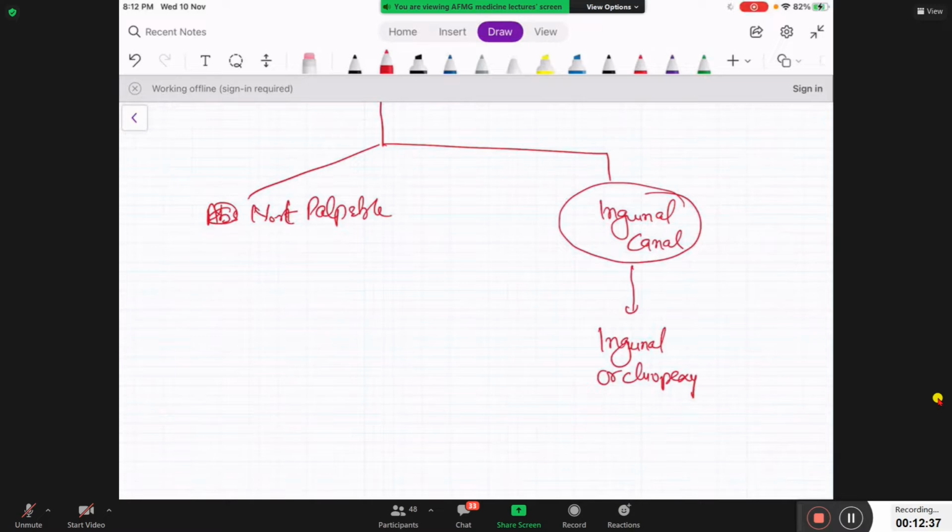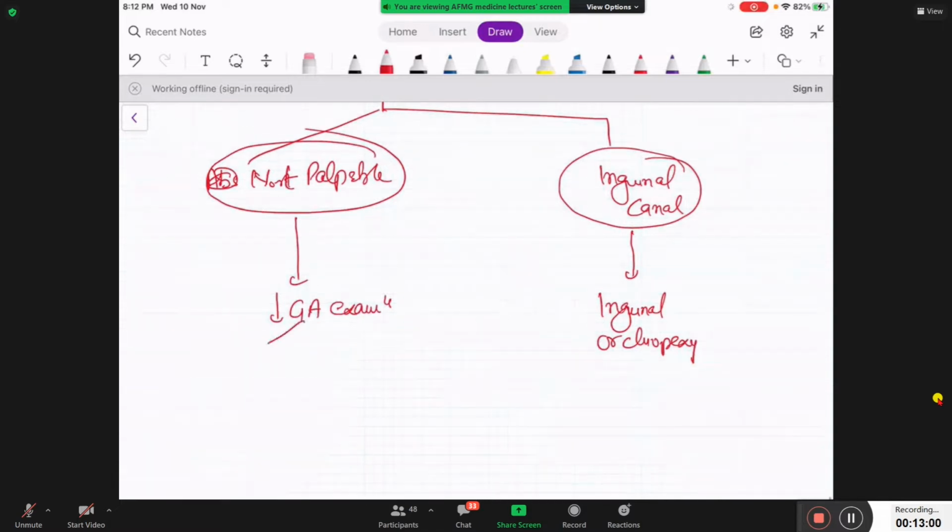Okay, you could not feel a testis at all. It is not palpable. What will we do? We will take the patient to the operating room and do an examination under general anesthesia. We will re-evaluate under general anesthesia. If on re-evaluation, the testis is still not palpable,